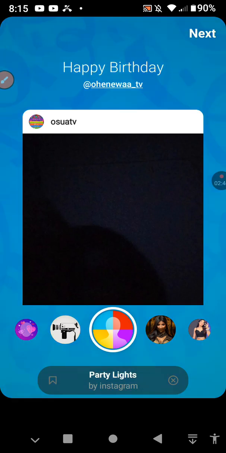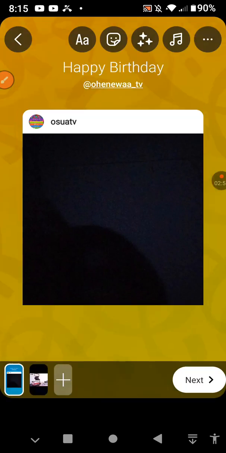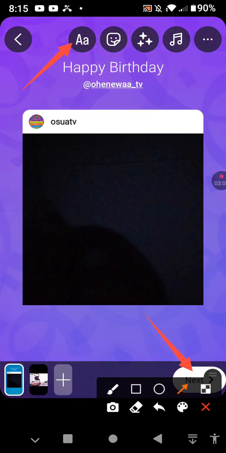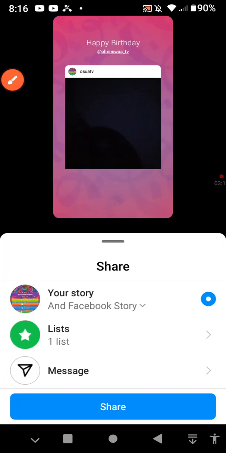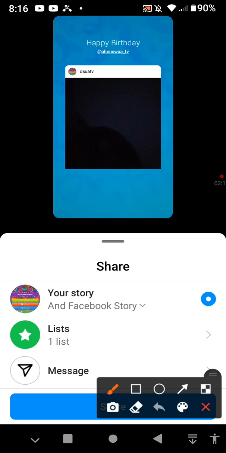And after choosing this, what you have to do is to tap on the next at the top right corner. So after tapping on it, if you want to post it, just tap over here on the next. If you also want to add some words to it, just tap on this over here. So let's tap on next. So when you tap on next, you are going to choose, maybe you want to send it as a message, or you can also